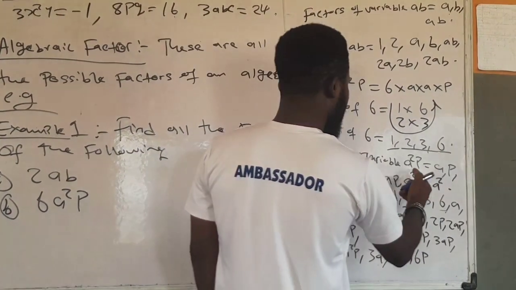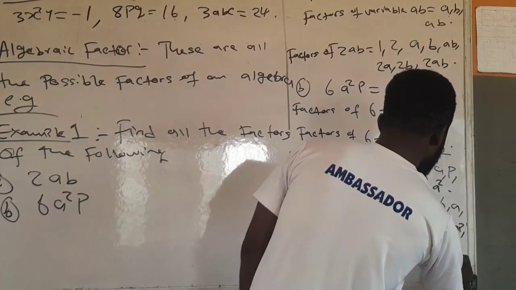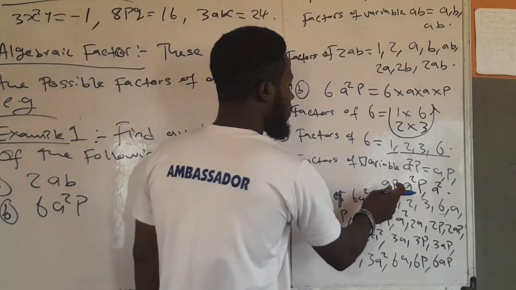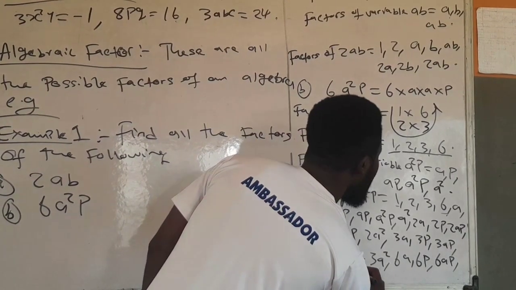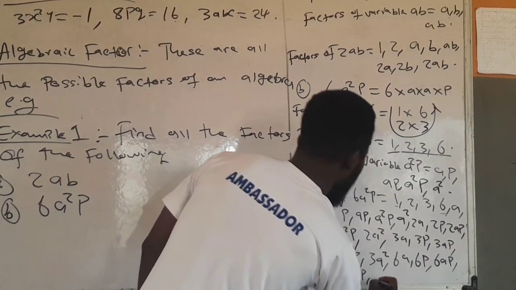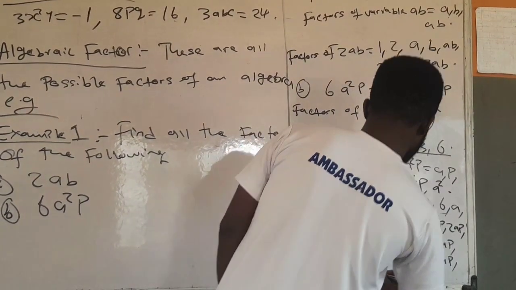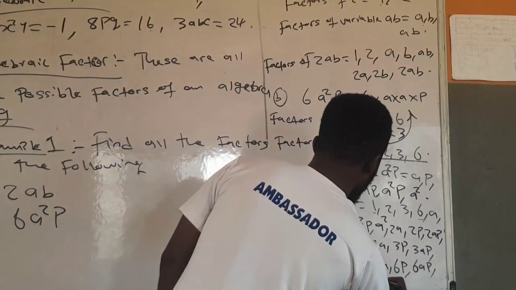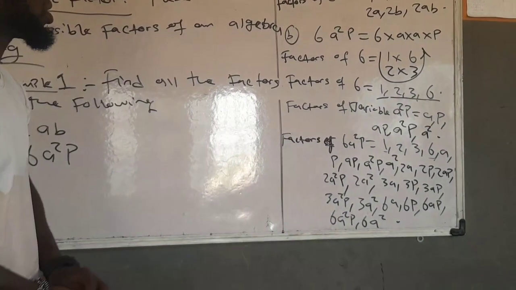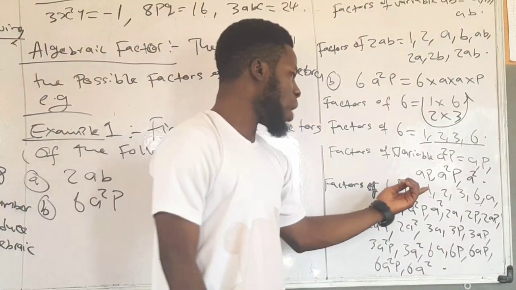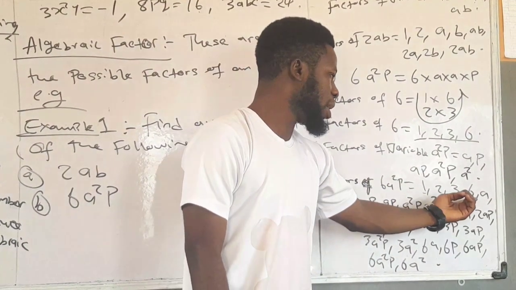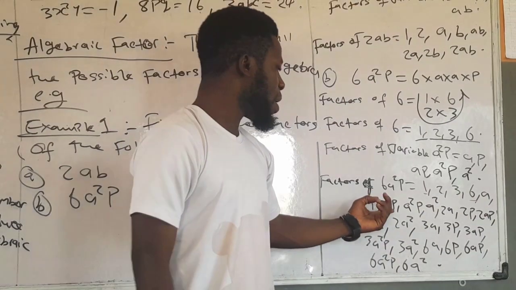We have 6 times AP will give you 6AP. Then we have 6 times A squared P, that's 6A squared P. Then the last one, 6 times A squared, that's 6A squared. Therefore, we've reached all the factors of 6A squared P, which are 1, 2, 3, 6, A, P,